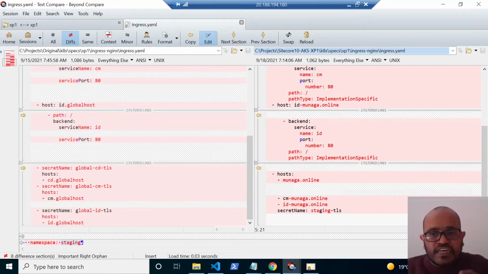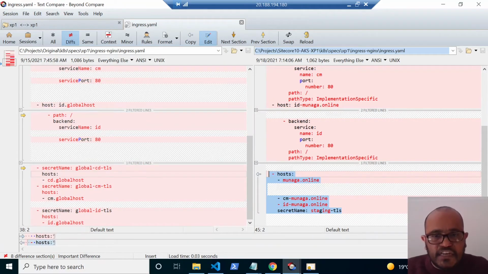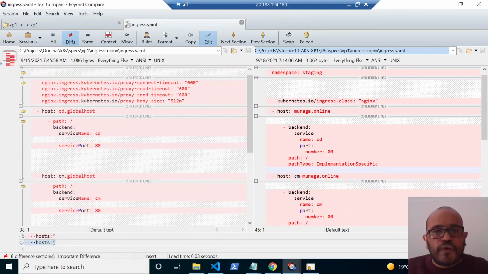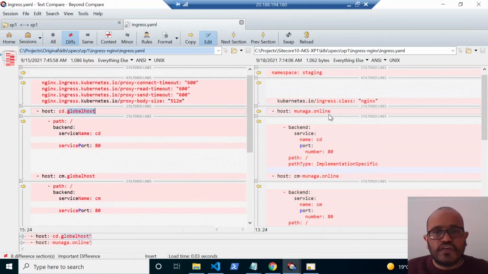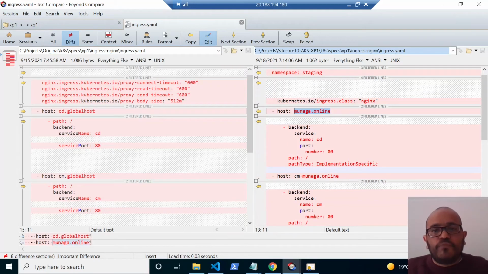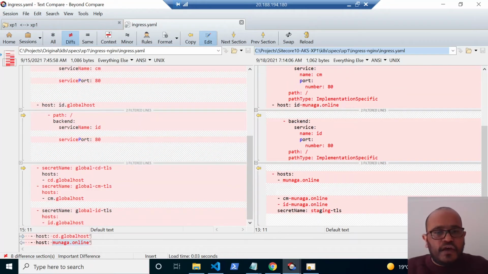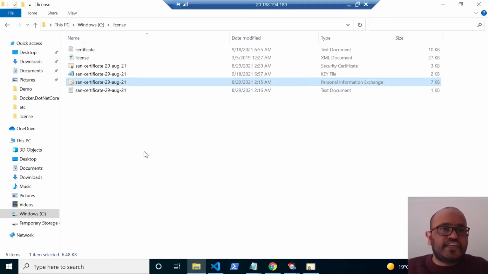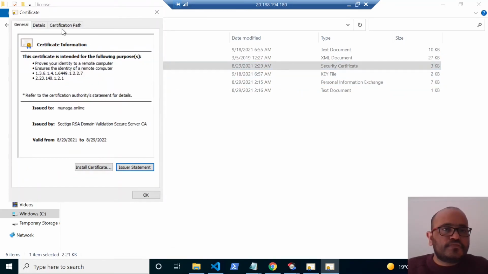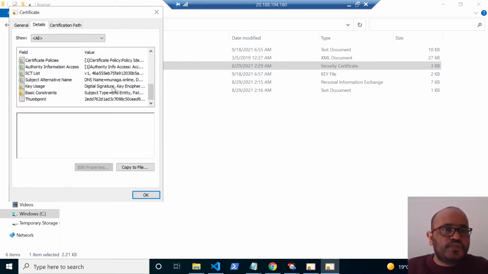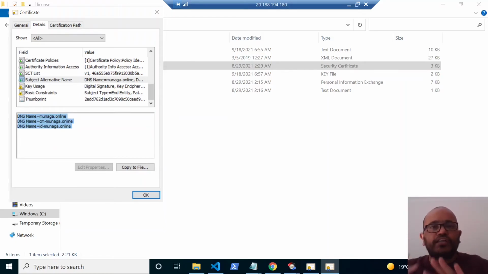And if I see the SSL configuration, this is the SSL configuration to resolve the custom domains. And the custom domains for the CD and CM, I just changed, previously it was the CD global host. I am using mine. So I am using the 3 custom domains, and the certificate is a single. So if you look into this one, this is the multi-domain certificate. A single certificate will resolve multiple domains. I purchased this one and custom domains for my demo.